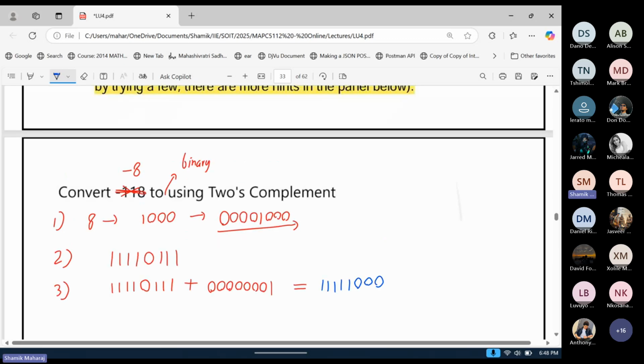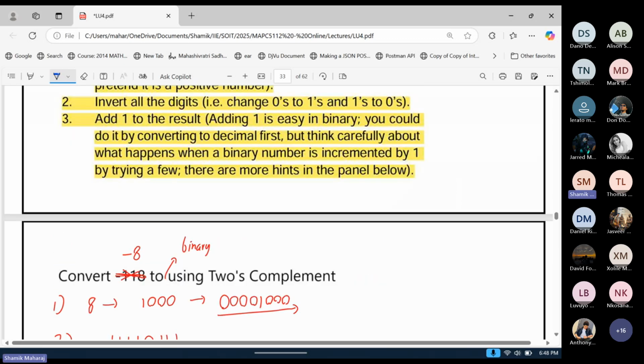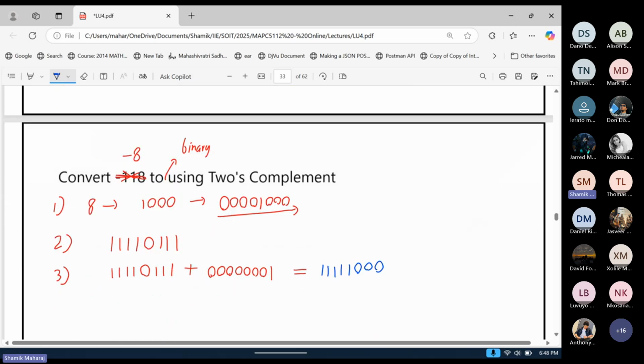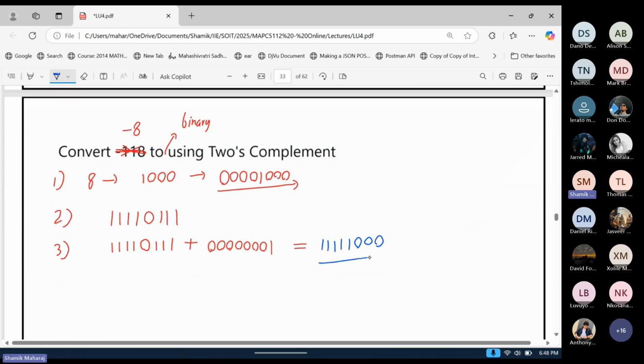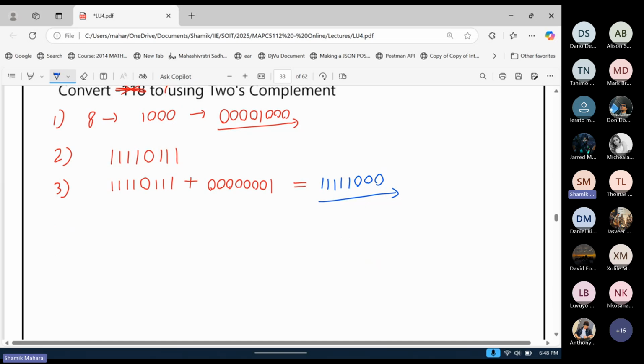Let me just see if that's the last. I'm sure that is the last thing to do. Yeah, that is the last thing to do. So this is the number in binary using 2's complement. Okay, but let me see if I can make a more intuitive way to add. Let's see if this works out. So I think if I just take the two numbers that I'm adding,